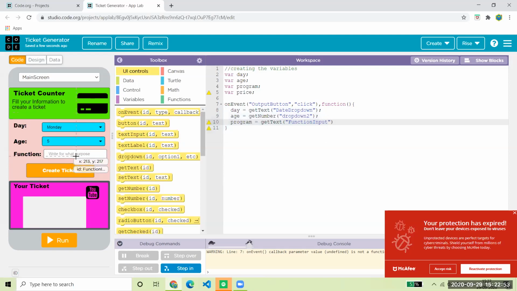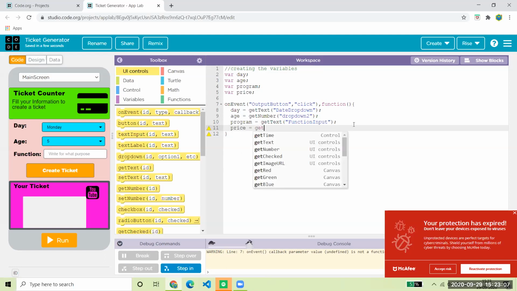It has fetched the data from our components and stored it in the variables. So price will also be updated to rupees 10, because we have not asked the user to decide the price. It is for the owner of the ticket counter. So we have decided the price 10. You can keep it anything. Now we have understood variables and fetching the data from the components.